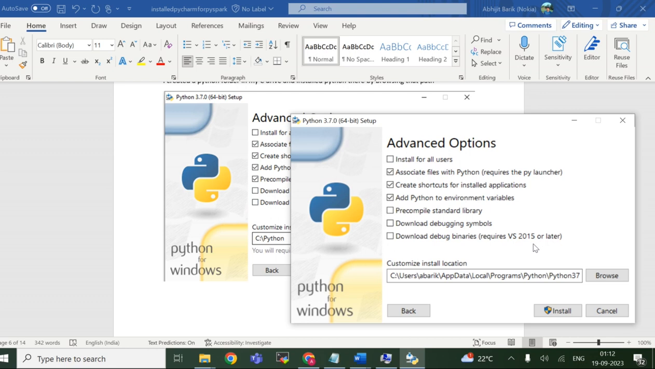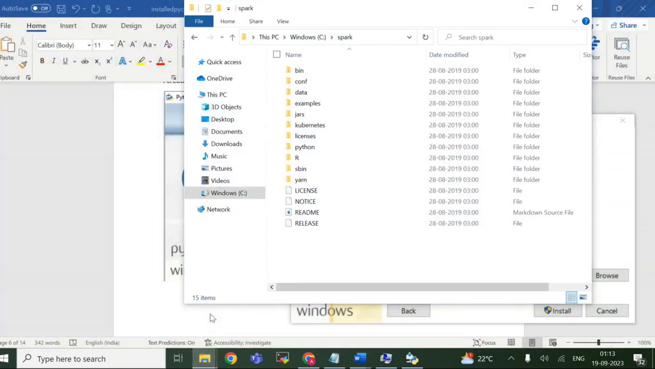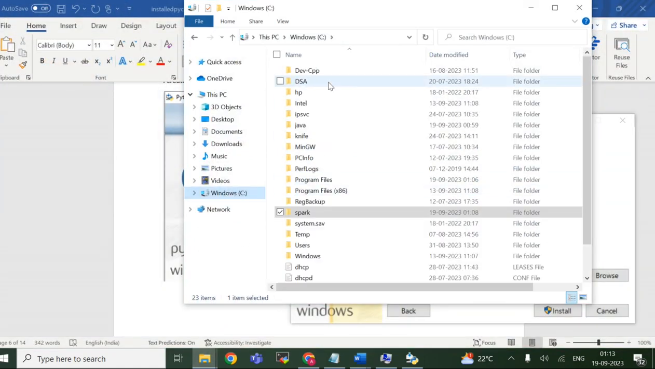Okay, now we have to be careful. We have to create one folder, and in that folder we have to install our Python. Not the default. If you can see, they are suggesting some default path, but we will not install in this default path. So what we'll do, we will go to our C folder, C directory, and then